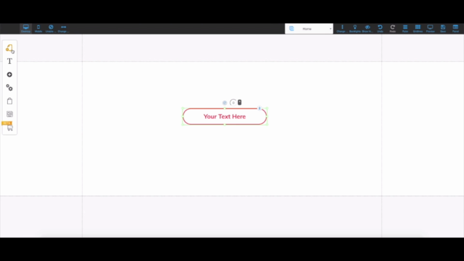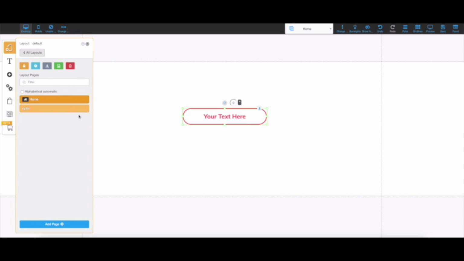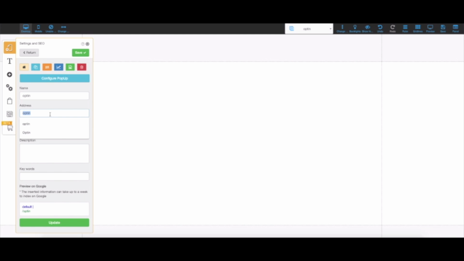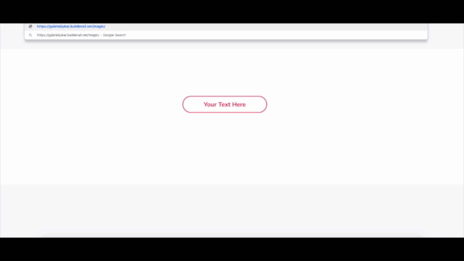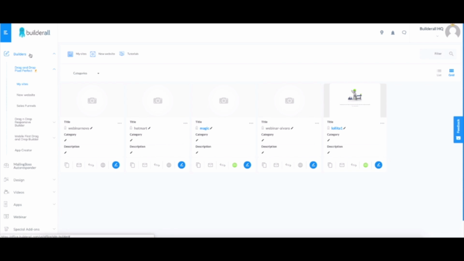What I'm gonna go ahead and do is come back here to my HTML editor, go to my layouts, go to the layout I'm using, and I'm gonna click on the gear icon for the opt-in page. So here I'm gonna copy whatever's written here for address. I'll go back to the live version of my website. On the address bar, I'm gonna go ahead and add a slash, and then I'm gonna paste the address I just copied. Now I'm gonna hit enter. And as you can see, it's a blank page because that's exactly how the second page of our funnel looks like now. Okay, I'm going to copy the link here on my address bar,